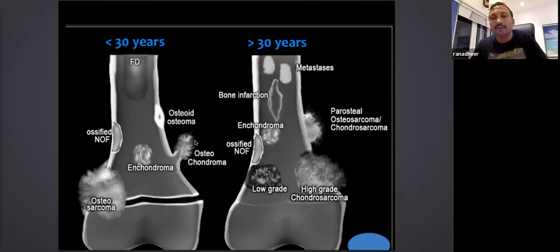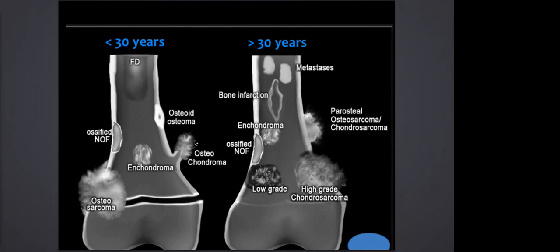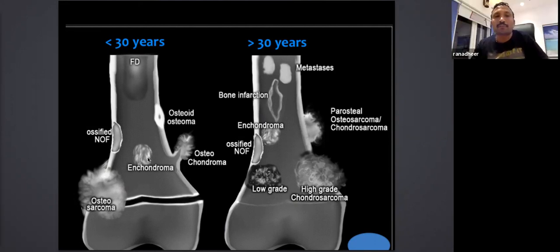If it is an exophytic lesion, then it is osteochondroma. In enchondroma, it is in the medulla. See, osteochondroma is nothing but cartilage which has come beneath the periosteum so that it grows outside. This is an exophytic lesion. Enchondroma is nothing but cartilage in the medullary cavity. That is, the N is inside. It is a cartilaginous tumor.